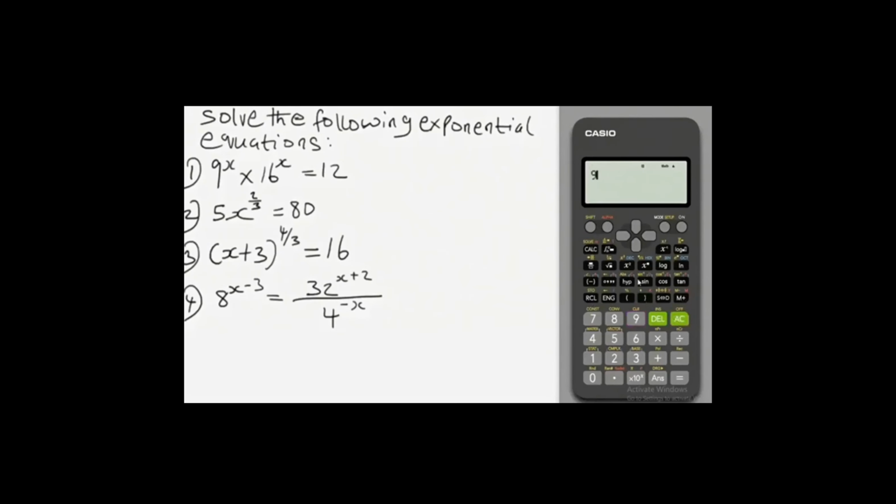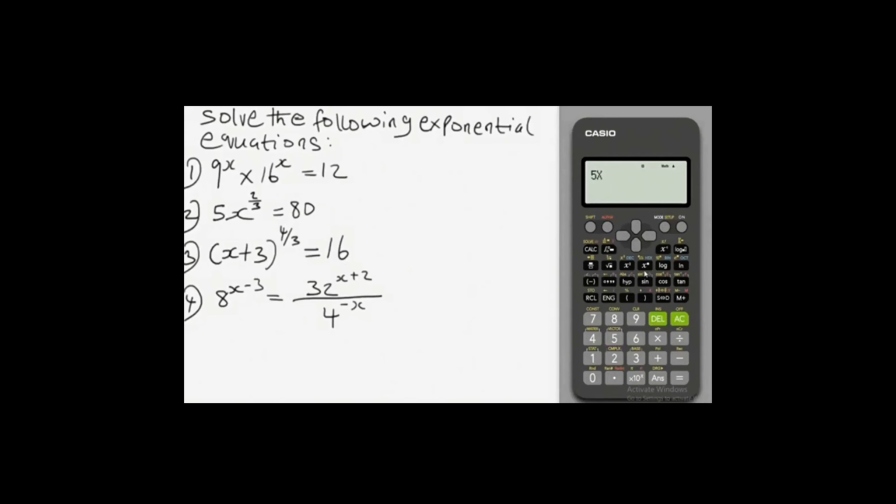So we have 9 to the power of x, times 16 to the power of x. So that's it, guys. Press equal to, and we get 12. So we are correct, guys. So let's solve question 2. Very, very simple. So question 2, we have